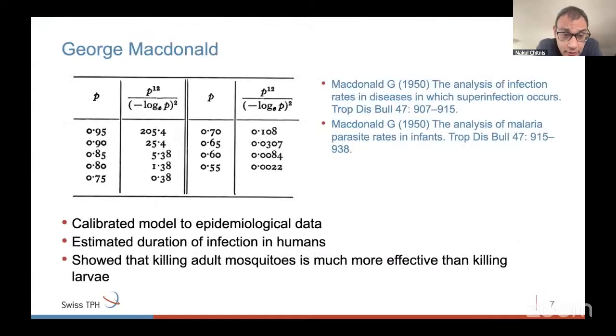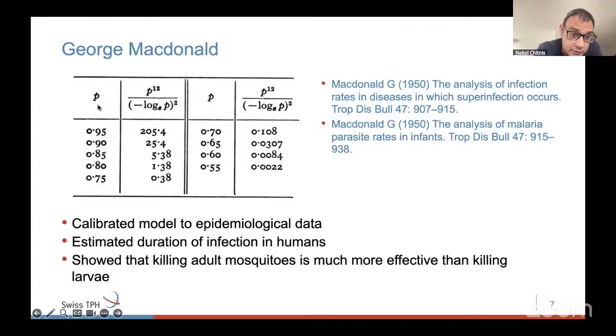And then George MacDonald came and he took the model that Ronald Ross had developed. He tried to calibrate this model to epidemiological data. He tried to estimate how long people are infectious, how long it takes mosquitoes to become infectious. And what he showed with some relatively simple mathematics, P here is the